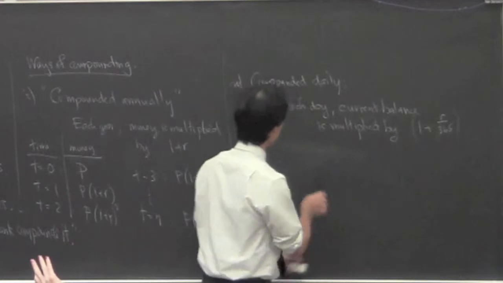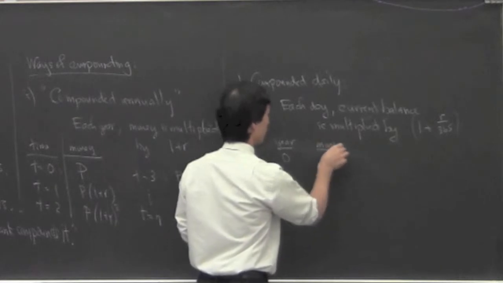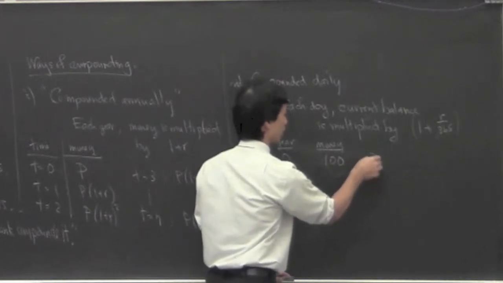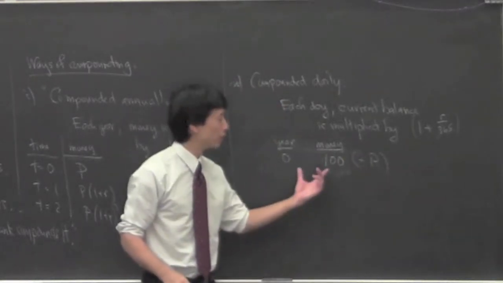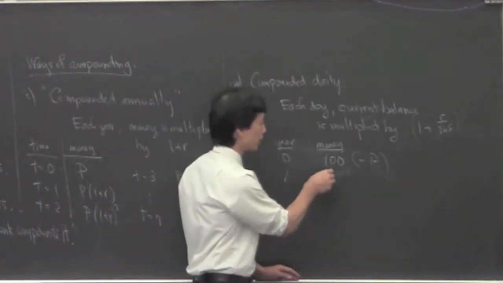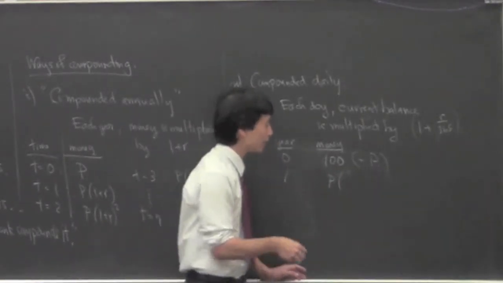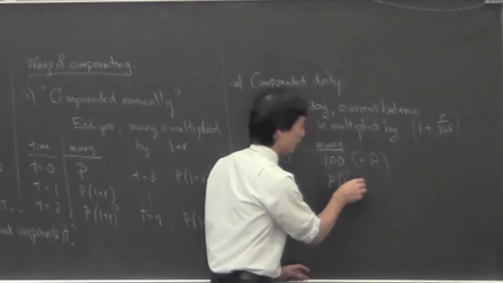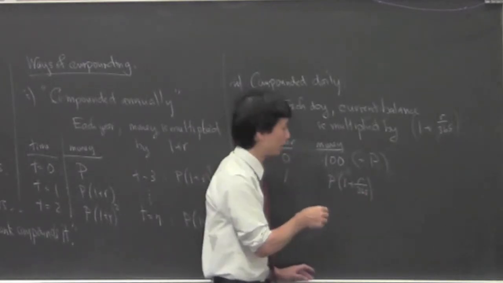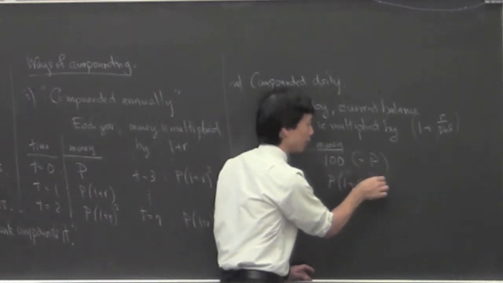Well, at time 0, at year 0, you have say P dollars. Let's say it's 100, just to make it concrete. You have $100, and then at the end of 1 year, how much do you have, Carolyn? P times 1 plus R. P times 1 plus R? Well, not exactly. So think, after 1 day, you're going to have this much. After 2 days, you have what? 1 plus R over 365, squared. Squared, right? And then after 365 days, after a year, you'll have this much.